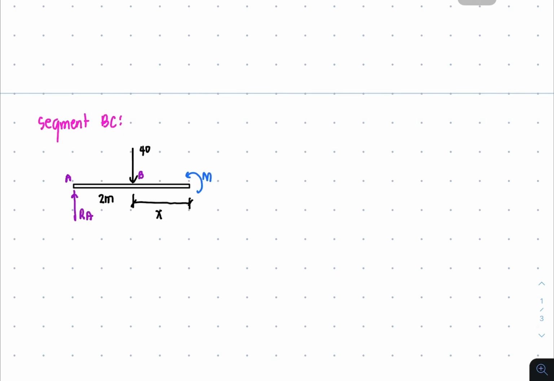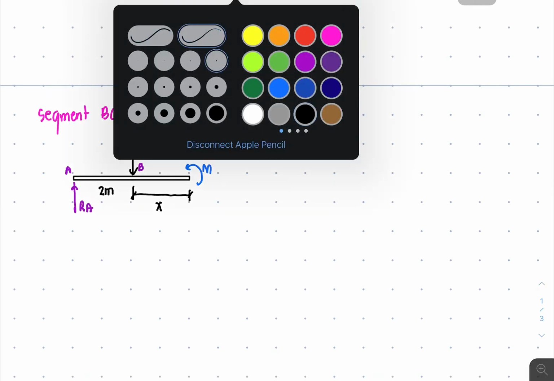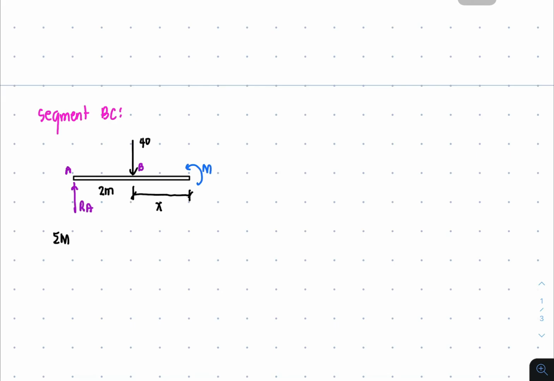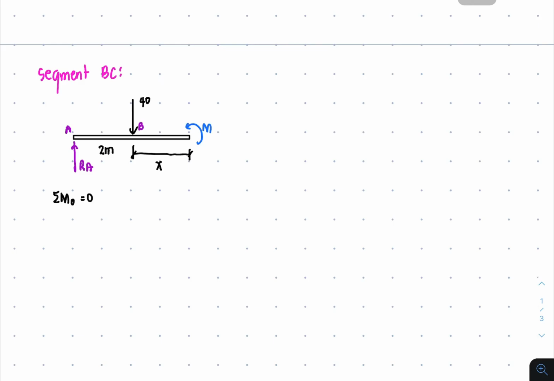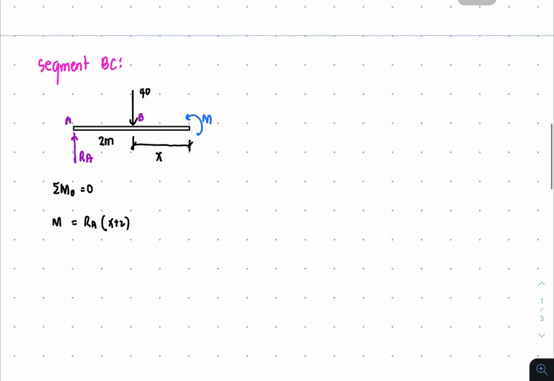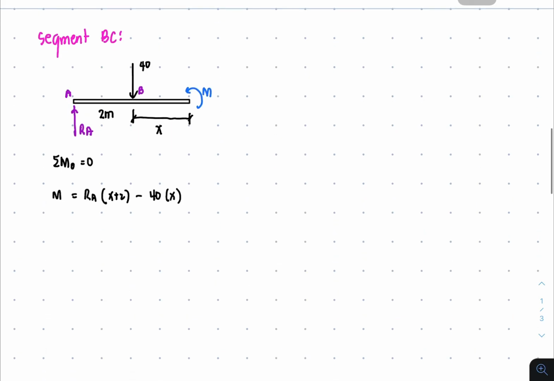And then of course I'll just place the M here. In this case, we are now going to get the moment equation, equal to 0 at the point of cutting. So you will have M equal to RA times x plus 2 and then minus 40 times x. So let us substitute the value of RA, which is equal to 80 over 3 plus P over 3x times x plus 2 and then minus